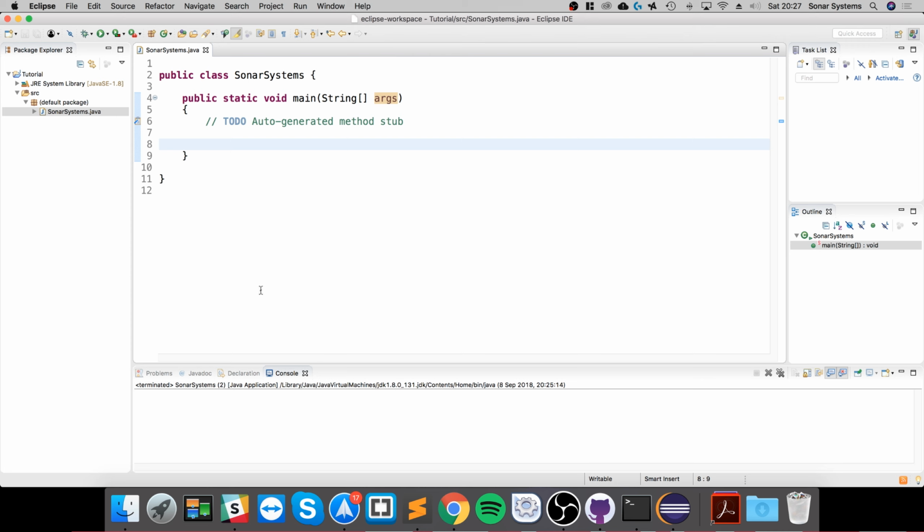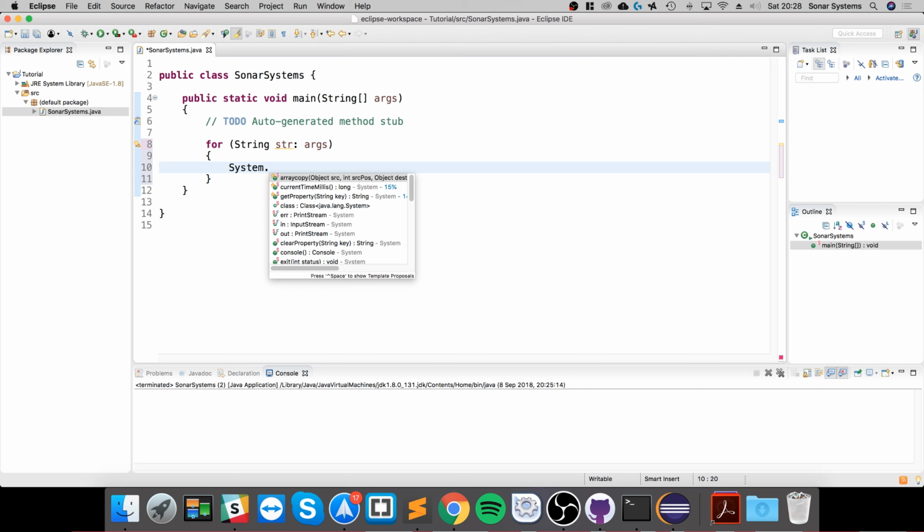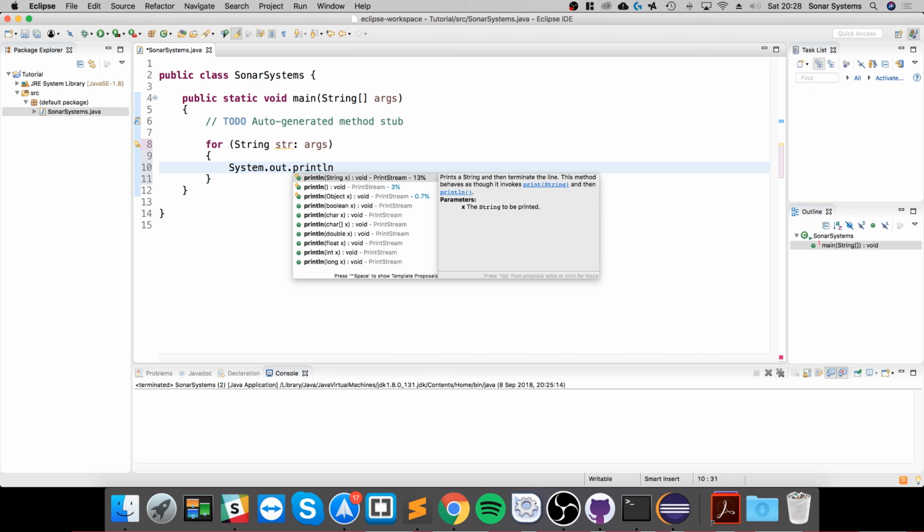To use them, all we're going to do is print them out. So we're just going to do a for each loop. Try doing this yourself over this args array, and if you need some help, it's just the data type, the name of the single element, which you can name whatever you want, and then a colon and the name of the array. There we go. So if we do System.out.println